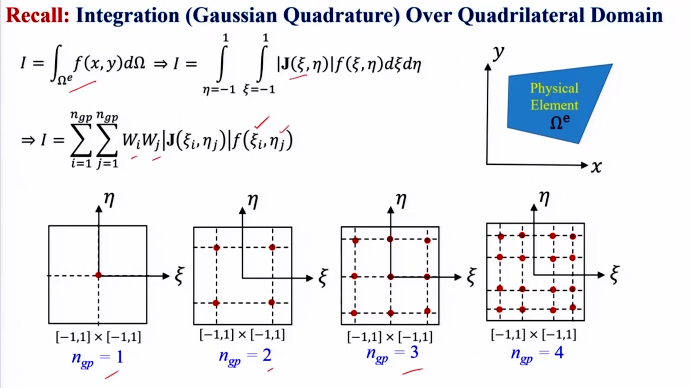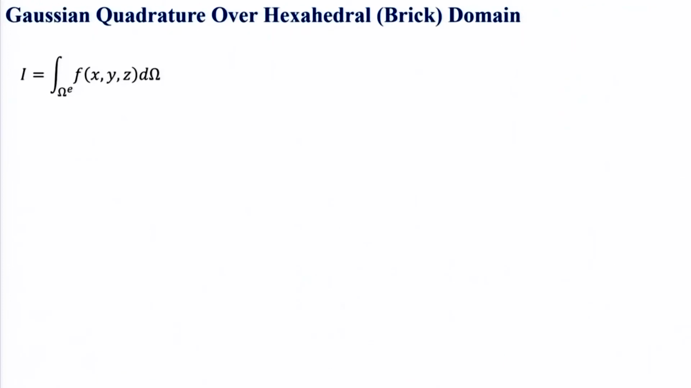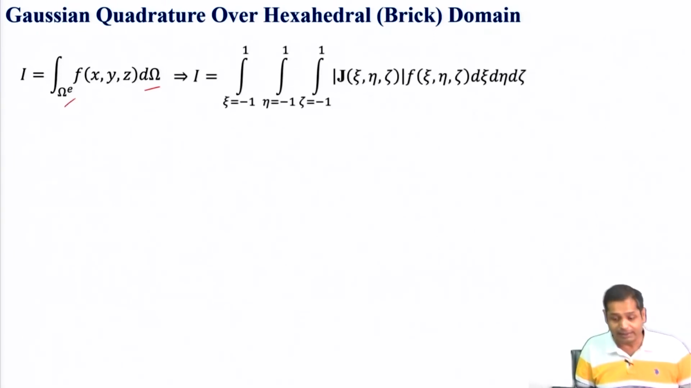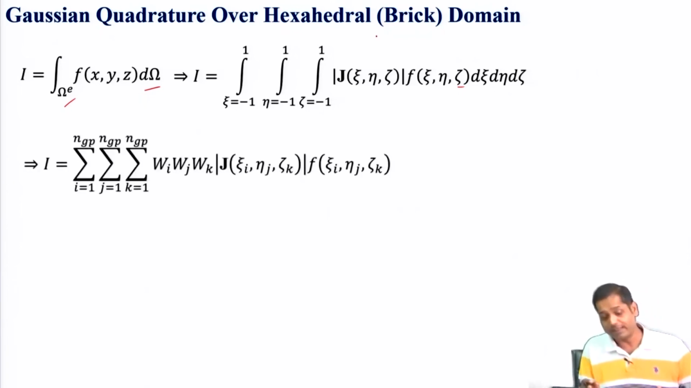So the same concept we can now extend to a brick element and a tetrahedral element. For instance, this integration now needs to be defined, and f is now a function of x, y, z, and omega e is a 3-dimensional domain. Now this integration can be written in terms of the xi, eta and zeta coordinate system as this, right? And then this integration can be written as a summation, and this summation will be over